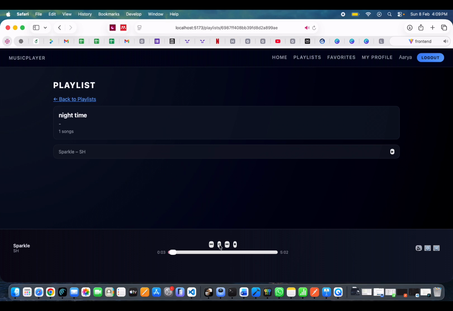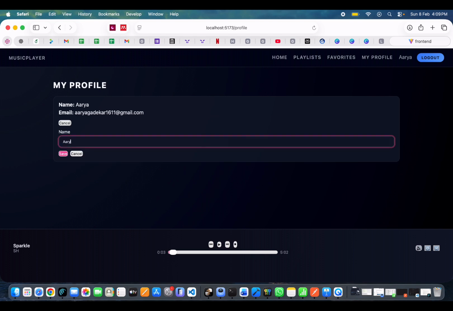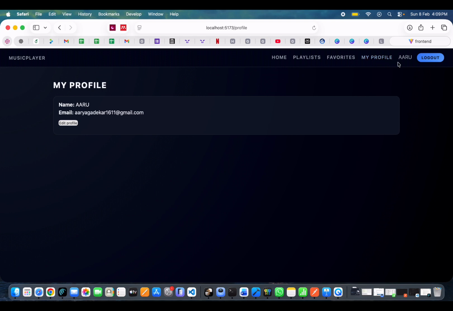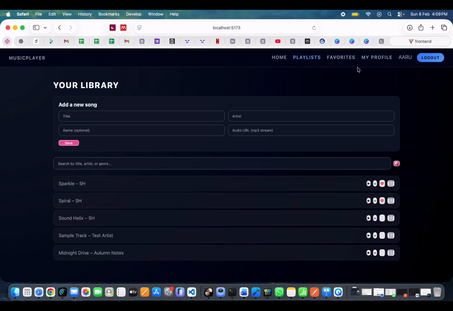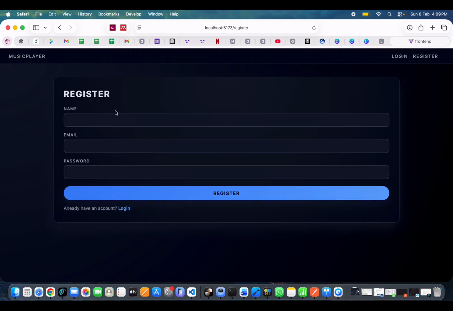So it started playing. Now the my profile option, if you wish to edit the profile name, say you wish to add Aru as your name, then it's going to get updated here. So these are the features, and you can then log out and directly go to the register page. If you wish, you can add in a new user,